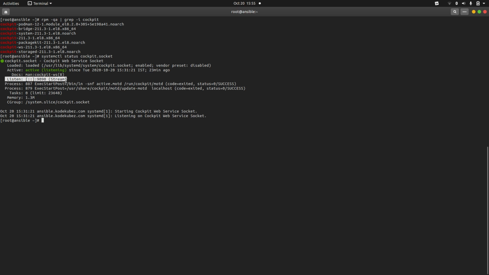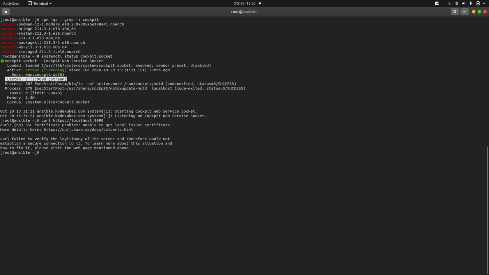so that from any remote server we can access this server with its IP address, and using the port number we can access Cockpit. In other words, I will show you guys. Call https://localhost:9090. Alright, see,